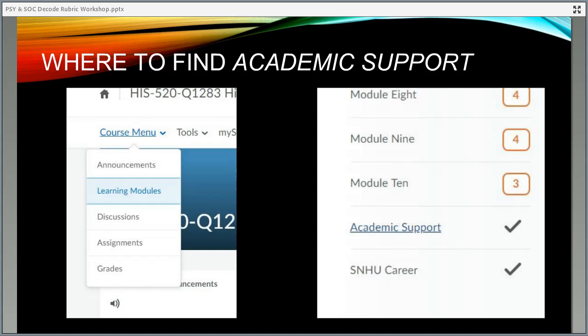What you see here is actually a graduate level course. So as you can see, it lists 10 modules because the graduate courses have 10 modules. They're 10 weeks long, whereas the undergrad courses are 8 weeks long. So for you guys that are in the undergrad courses, you will find the academic support link at the end of week 8 or module 8. Regardless, it's always at the end of all of the learning modules. So when you click on the academic support link right there,